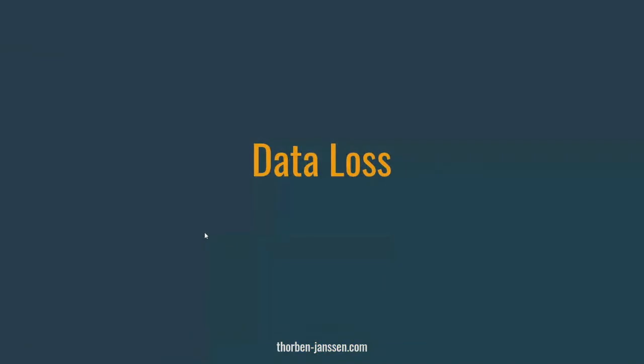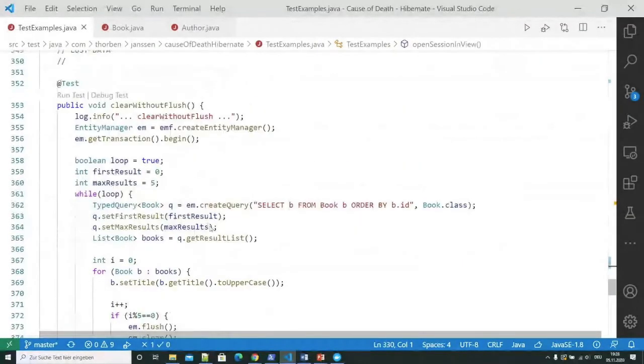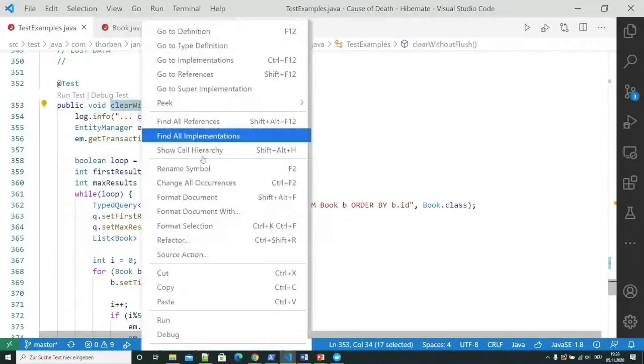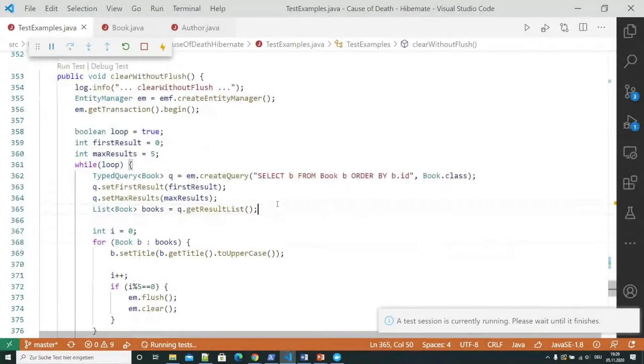Okay, let's quickly lose some data, and for that I've prepared two examples here, and then we can answer more questions if you'd like to.